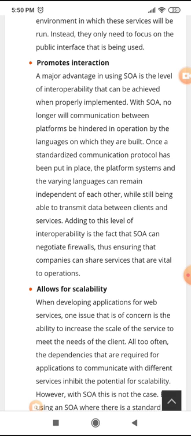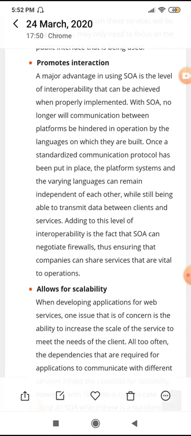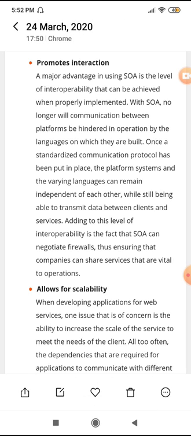So maybe one module or one service we provided in Java, it is also acceptable to another service which is made in C or C++ or HTML or some other language or other platform. There is no problem; the compatibility of the service is provided with the help of SOA.